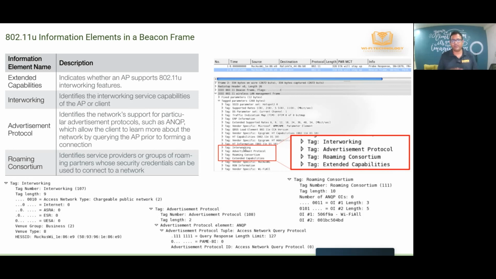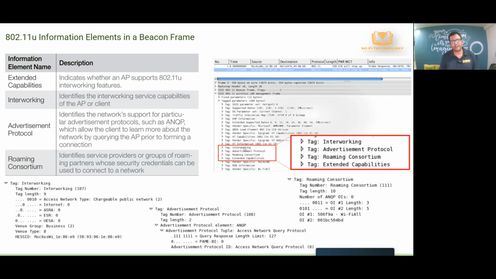When I say network, I'm not referring to the Wi-Fi network. The Wi-Fi network is a normal connection. I'm talking about the service provider network that is being advertised on top of Wi-Fi. So Wi-Fi is really used only as a carrier network to carry the main network, and that main network is more universal, across many entities. So on the carrier network, we have all these information elements, the interworking information element